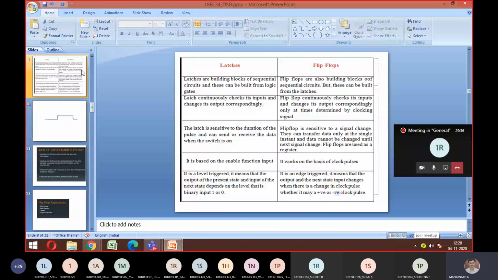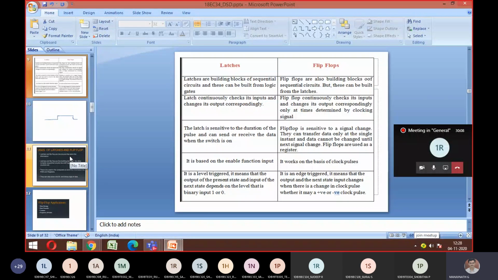You got the difference between latches and flip-flops? Latches purely depend on the enable input. I hope you already got the meaning of enable from module number 2, right? And flip-flops deal with your clock inputs, which we will discuss in this chapter. Am I done till here, everyone? Yes, sir.